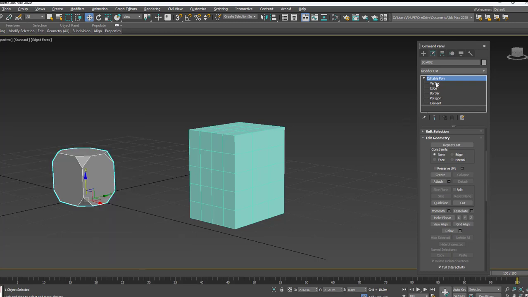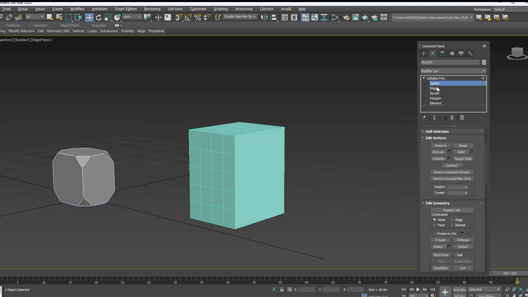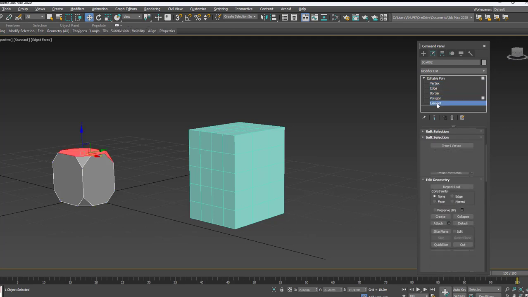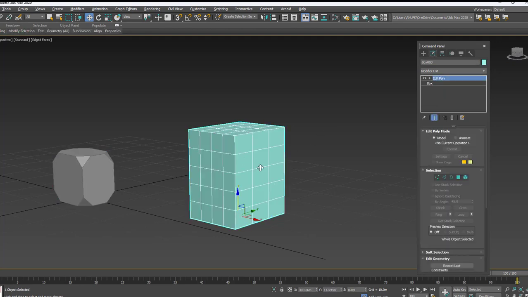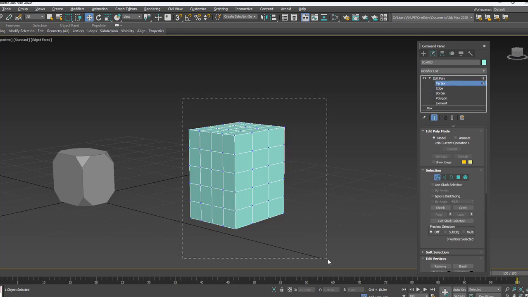Both are the same, only the thing is here you can see we have the vertex, edge, border, polygon, element, the same options we have. For this I apply the same thing. See, but you can turn it off and on, whatever the parameters you do, whatever the modifications you do. If you select all the edges, you can go and then do the modification. But sometimes if I want to turn this off, with the help of the I symbol you can turn it off. That we don't have in the editable.